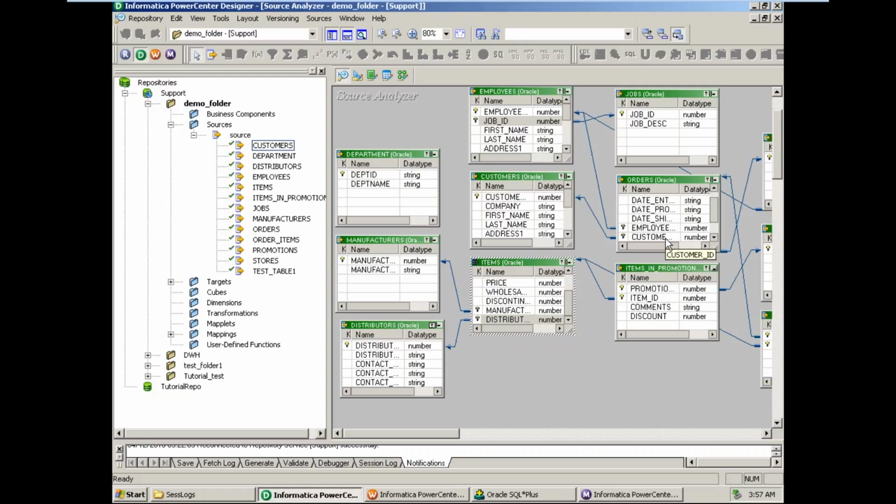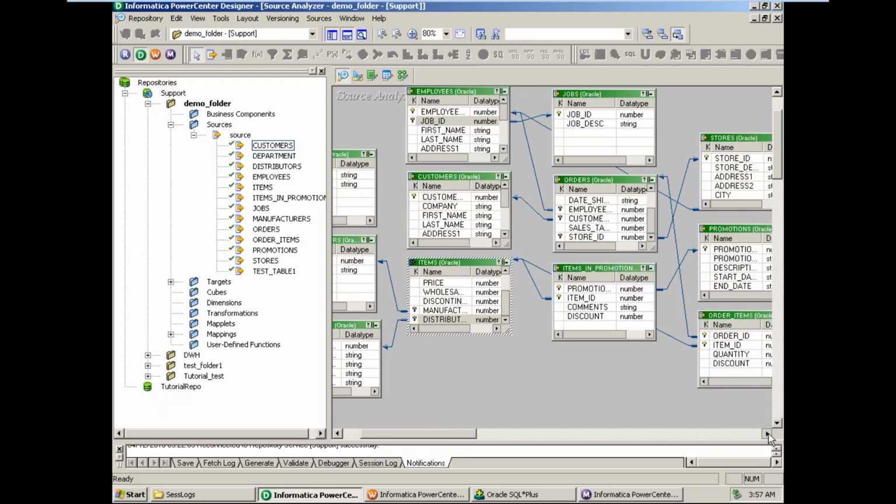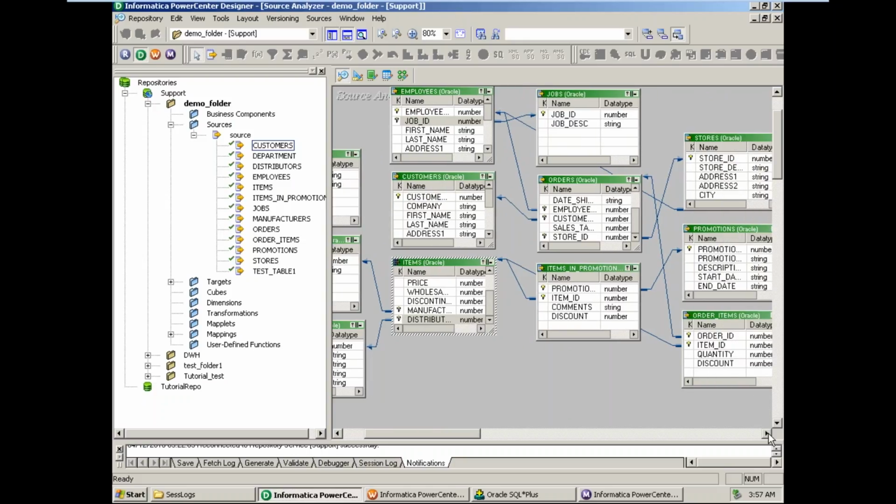Then the customer ID, which customer has given that order. So that kind of data is available in this order table. And there is a foreign key to store ID. So this is pointing to a store table where this order is actually being placed and the item needs